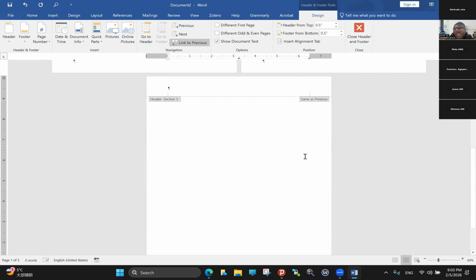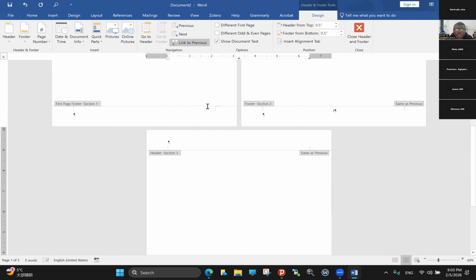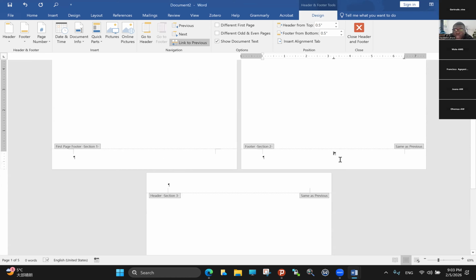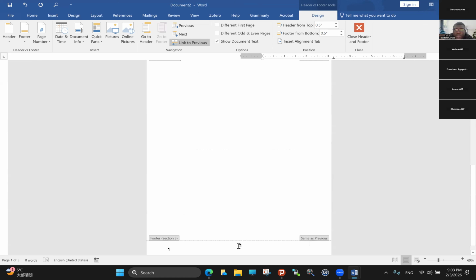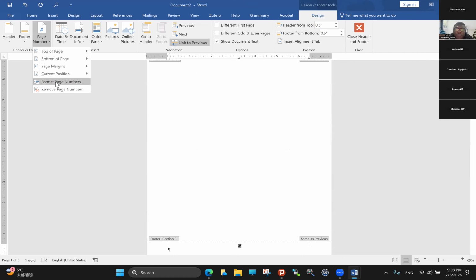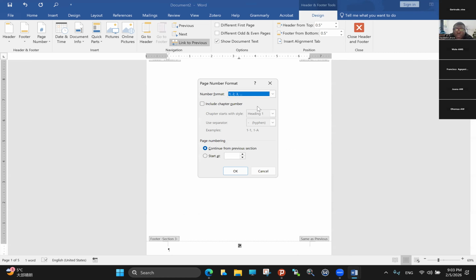In some cases, you have to do Roman numerals. So you go back again, page number, format numbers, and then I want to use the Roman number system. So I'll come here as I, all that. And I'll still start at I. So let's say this part is I. This part should be I, right? So page number, format page number. I'm continuing from the same part. So it will still be